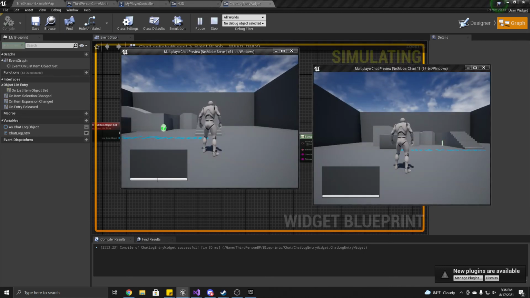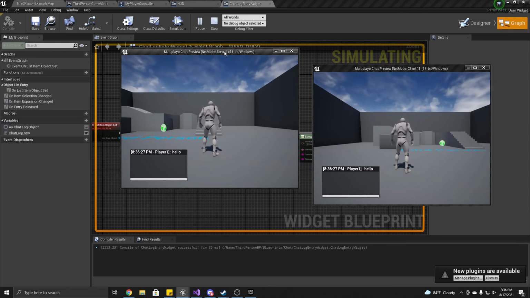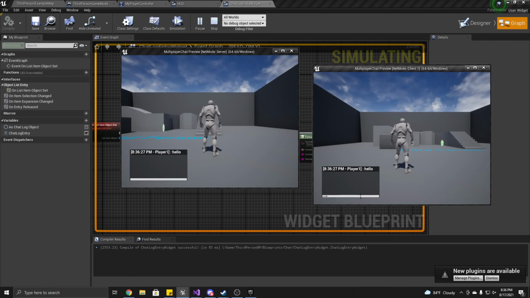If I type hello, you see player one hello appears on both the server and the client. I'm pretty sure the left one is, oh yeah, server, client. Let's say the client replies with, oh, hi. Player two says, oh, hi. Fonts are not ideal,